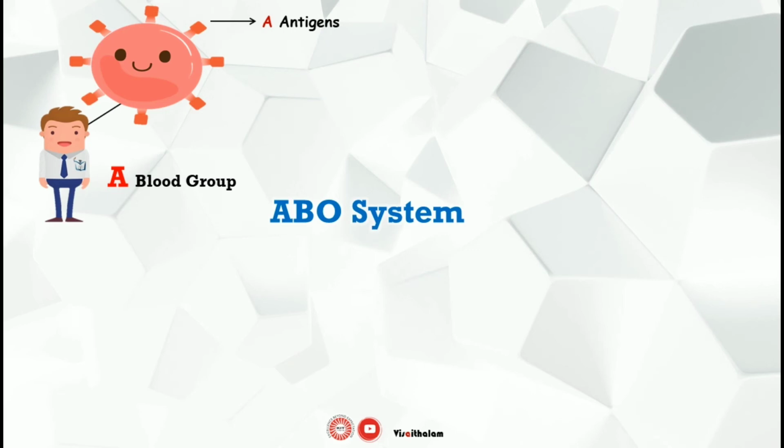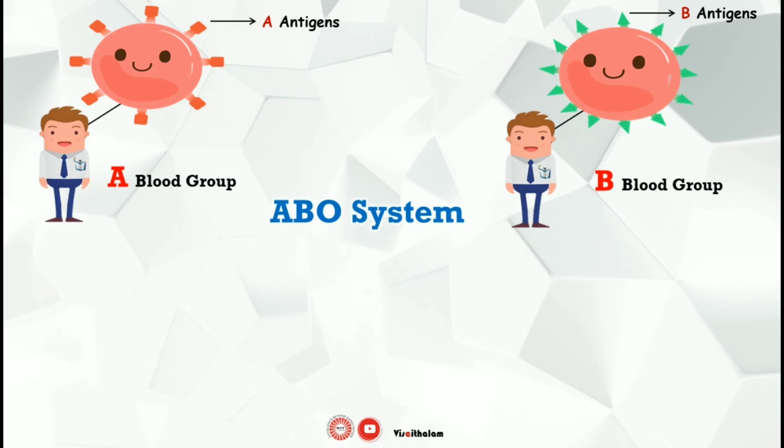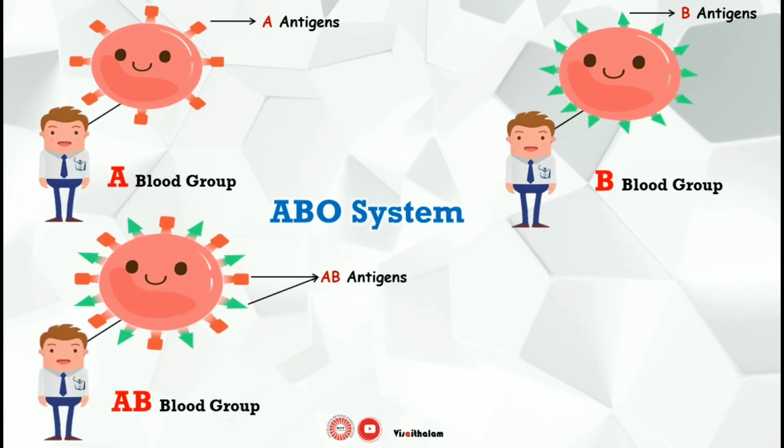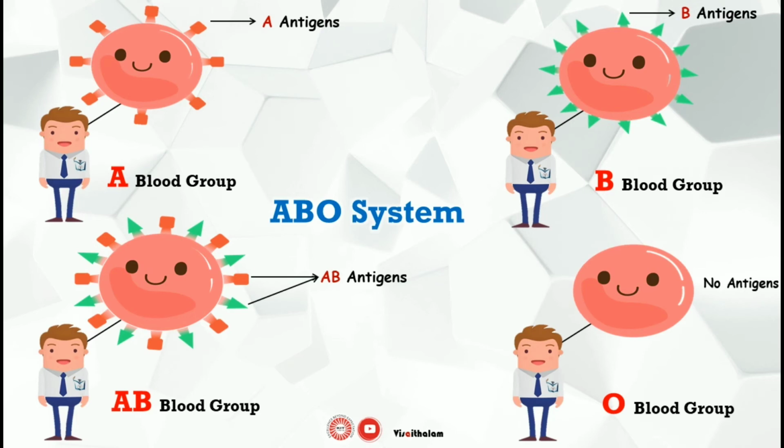You can see in this picture, if a person's RBC contains only A antigen, then this type of blood is called A blood group. If RBC contains only B antigen, it is categorized as B type blood group. If both A and B antigens are present in RBC, then it falls under the AB type, that is AB blood group. The final type of ABO system is that if both the antigens are absent in RBC, then it would end up with the type O blood group. Therefore, by this ABO system, we can see that there are 4 major blood groups or blood types such as A, B, AB or O blood.